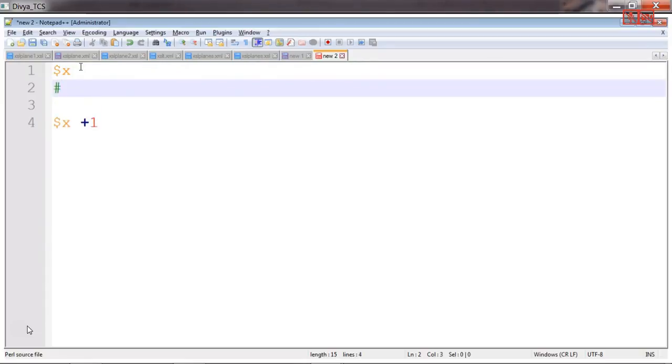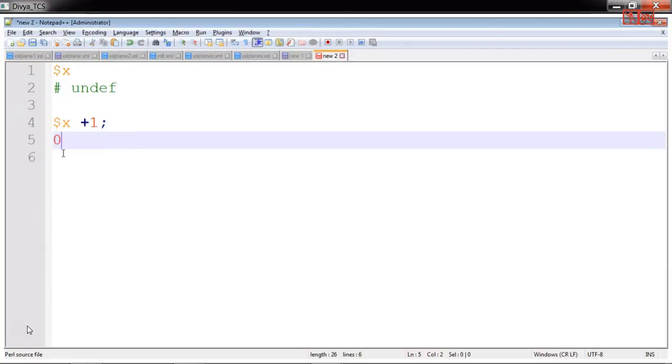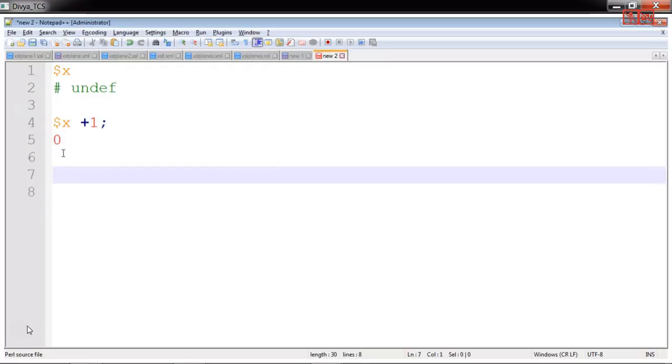So $x will be undef, because I have not assigned any value to it. But the moment I say $x plus 1, because I'm adding it with an integer, it will automatically assign the value 0 for $x. But if I try to do the same thing like $x plus hello,